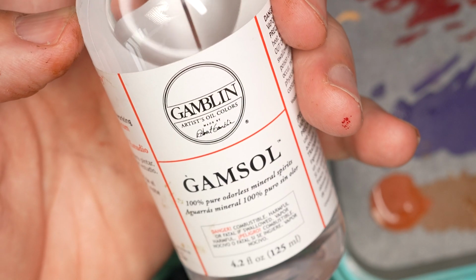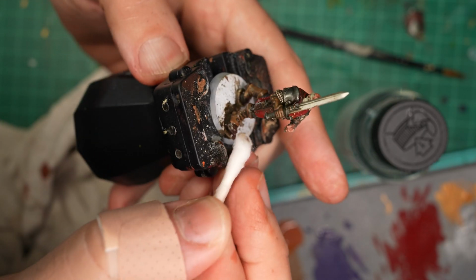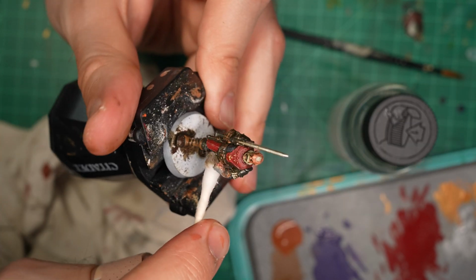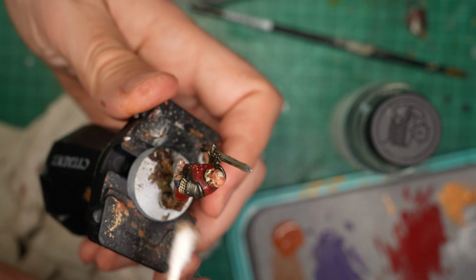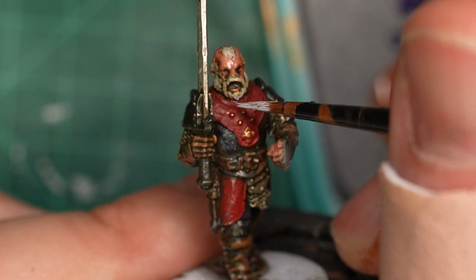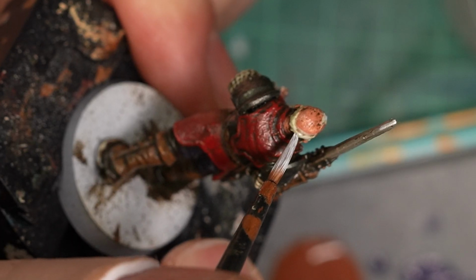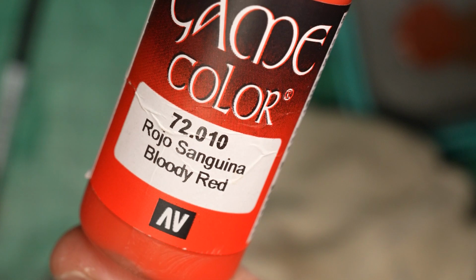Grabbing my Gamsol Mineral Spirits, I dip my Q-tip in and erase the final remnants of the enamel paint, while leaving it in the crevices of the miniature. Gamsol is great because it only affects the enamel paint and not the acrylic paint I primarily have used to paint the miniature. Going back to my acrylic paints, I begin to add in my highlight layers, starting with Wolf Gray for the hair, Bloody Red for the cloak,